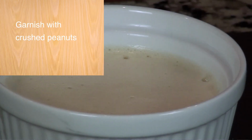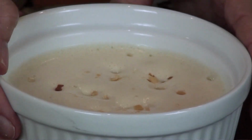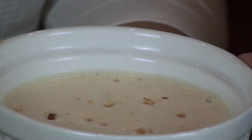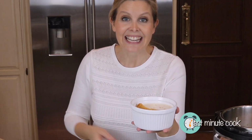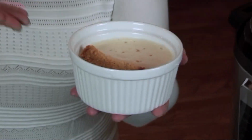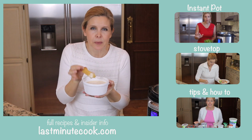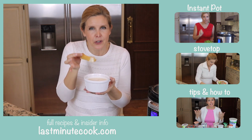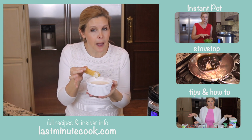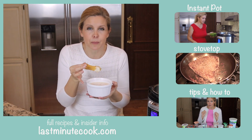So we're going to garnish this right on top, and you serve it with a little sippet just like that. That's it. And again, serve this really warm or really cold. Both ways are absolutely delicious. This is such a great soup, the saltiness, and there are 2 cups of peanut butter in it, so you taste that, but you get the wonderful flavor from the sofrito of the celery and the onion and the broth